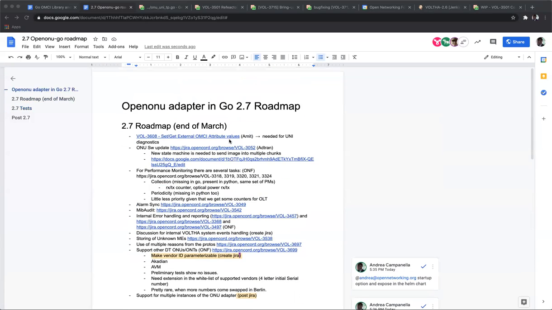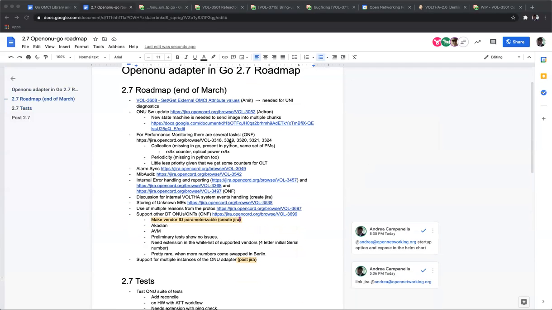So that's all I had for the 2.7 roadmap. Please do review this. There are JIRAs for everything. I'll put the JIRAs in for the things that are not in there. Take your time, review it. We have some 3 months to get this done.